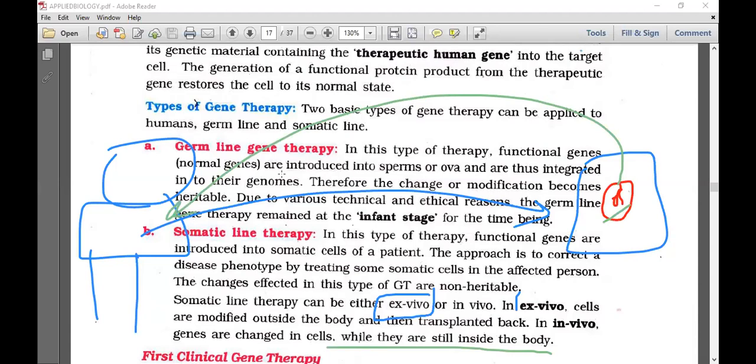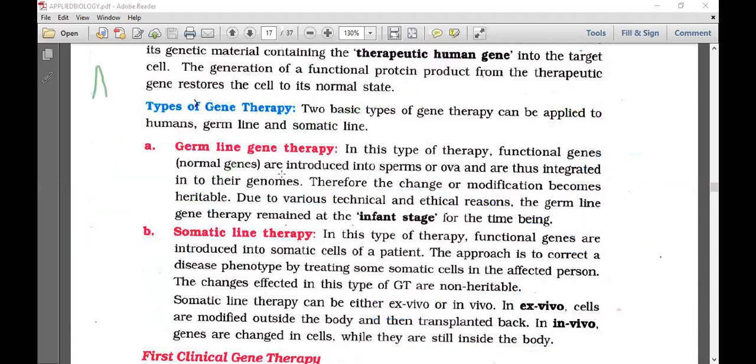But in the ADA gene story, what we did, was it ex vivo or in vivo? Test your understanding. Ex vivo means bringing the cell out, inserting the gene, and the host cell will be introduced back again to the patient. In vivo, we don't take the cell from the patient out; the cell is there inside the body, and then we start treatment.